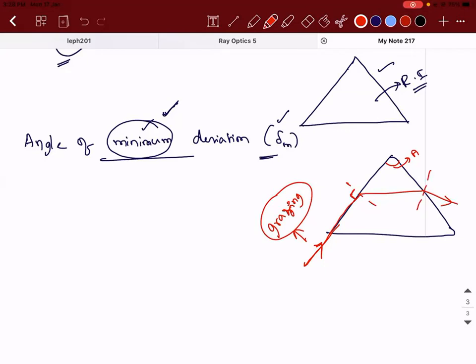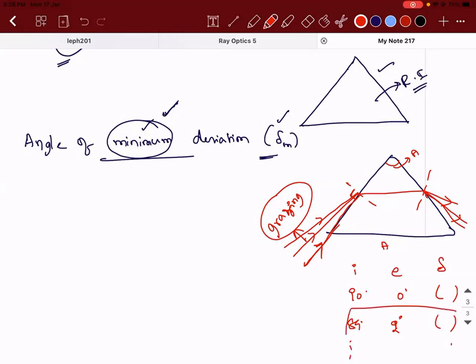Now from 90, if I make the angle 89 degrees, then you can observe that there is a change in the angle of emergence. If I change it to 88 degrees, then you can find a change in the angle of emergence. Like this, if you keep recording the data, if you prepare a table with I, E, and you already know the value of A, you're preparing the value of delta. So I is 90 degrees. I don't know what is going to be here. Let's say it is 0 degrees. Then you're going to get a certain value of delta. I'm just randomly writing. 89 degrees. Let's say here it is 1 degree or 2 degrees, whatever it is. Then delta. Like this, if I keep on writing, then if you observe this table experimentally,